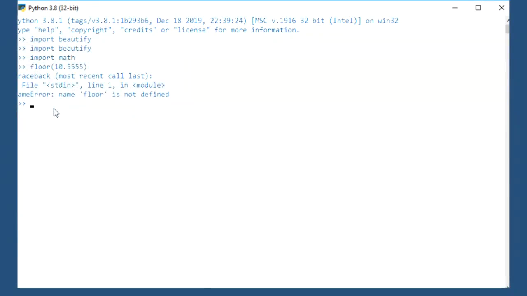Let me do A is equal to eval. The string I am giving is 10 plus 20 plus 30. This is a string type, right? Everything is string only. Now what you are doing is just evaluating it. Now if I see A, if I get the value, I'll get the addition.